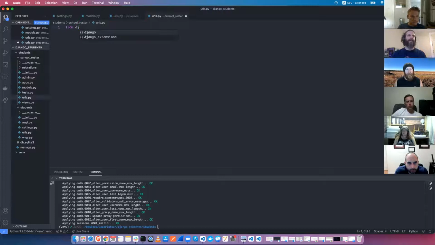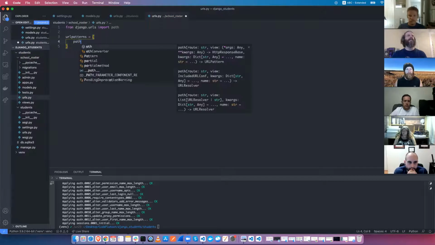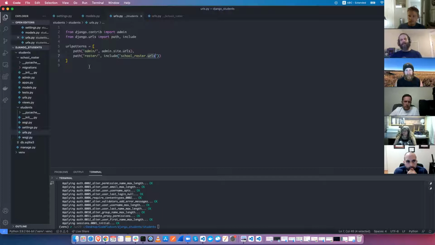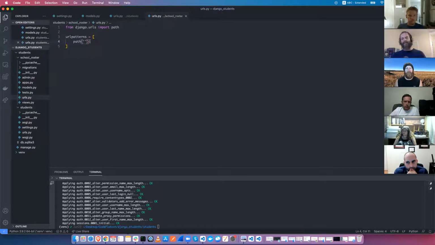So from Django.urls import path, and then by the time we're here, someone has already gone to /roster. So if it's just /roster, nothing else, let's say,